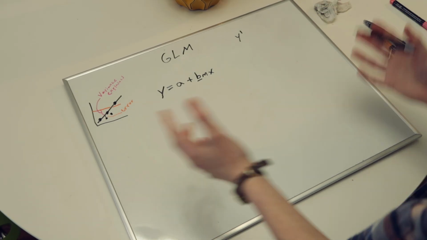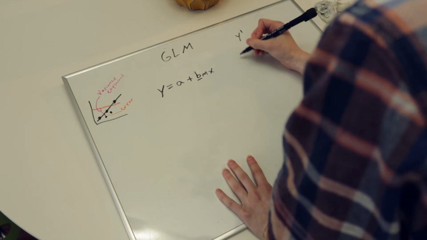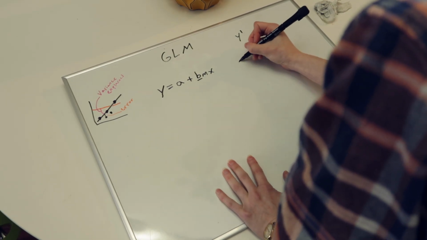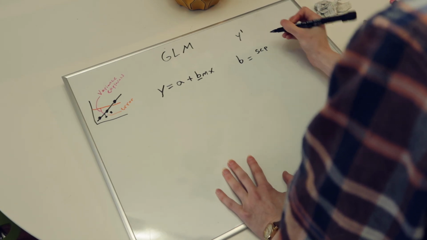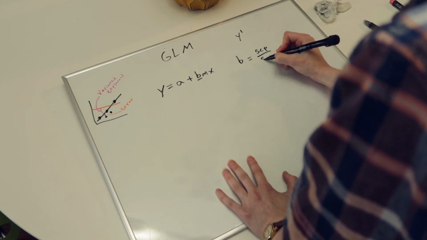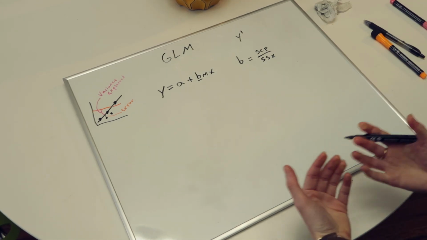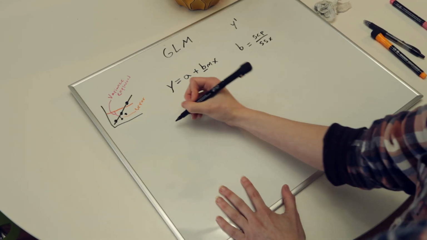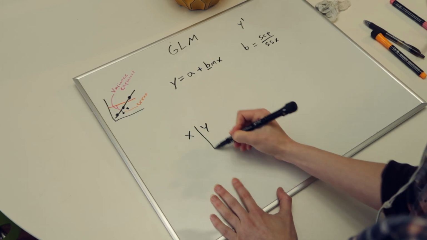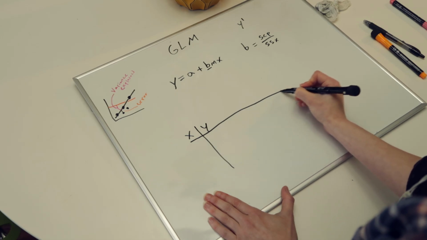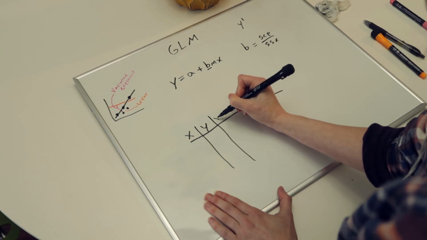So when we've got a data set, the slope is equal to the sum of cross products over the sum of squares x. So sum of cross products, so if you've got, say, x, y,